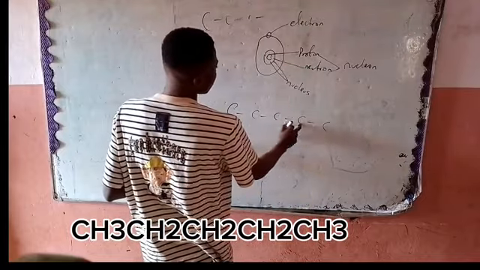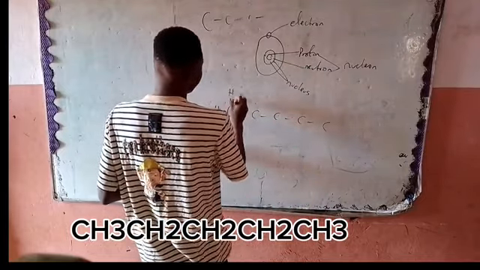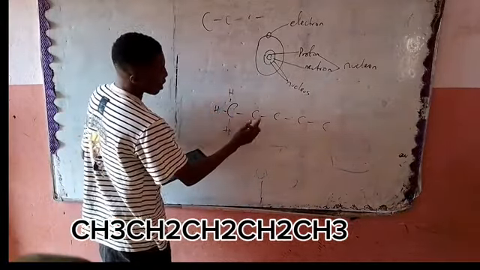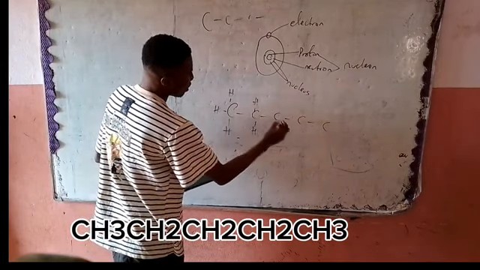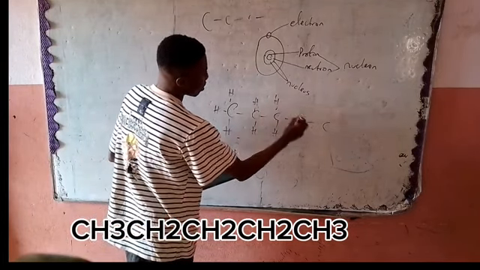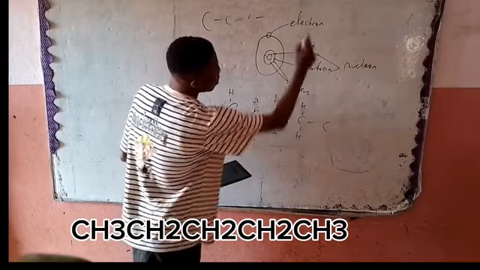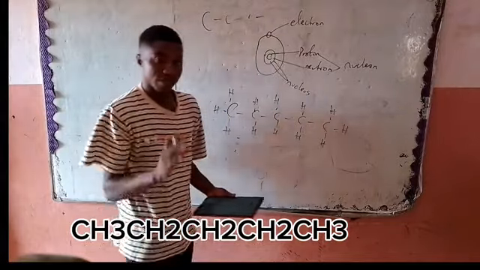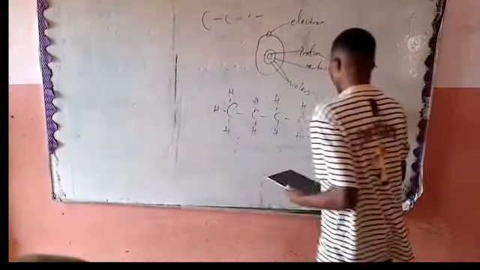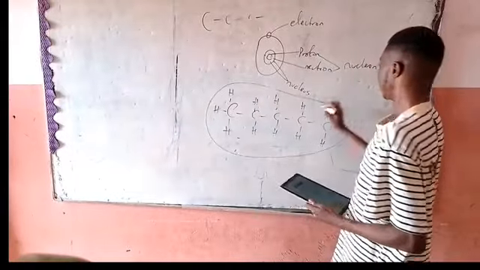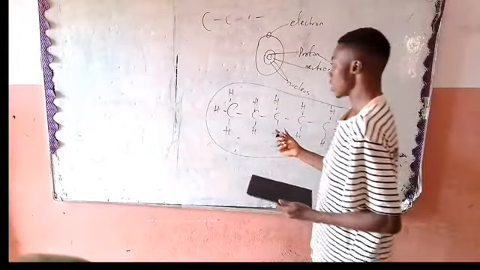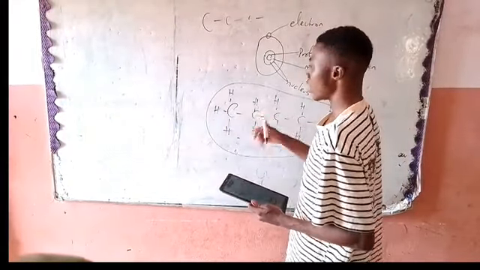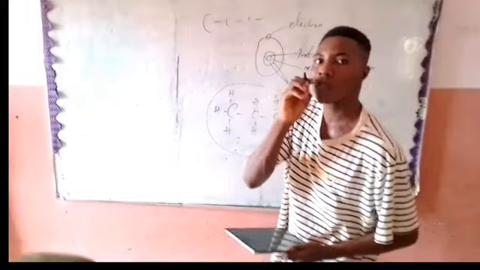You can see that this first carbon is carrying 3 hydrogens. You can see as I break it, the second one is carrying this, the third one is carrying this, this one is carrying this, this one is carrying this, this one is carrying this 2. This last one is now carrying 3 hydrogens. If you look at this particular one, you can see that this one is carrying 3 and other things. So the first thing to do is